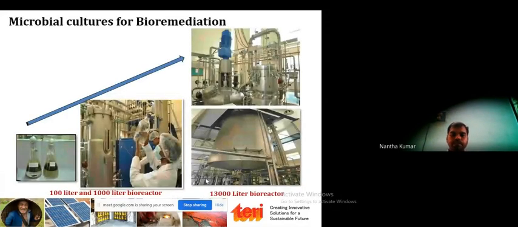So this is the kind of facility we have in our production facility. Bacteria, as I already mentioned, need to be isolated, identified, then further characterized, and degradation studies need to be carried out. Like that, this bacterial consortium is developed, and in the lab, again for each batch of bacterial production, these identified bacteria are multiplied and cultivated in such big 13,000 liter or 1,000 liter